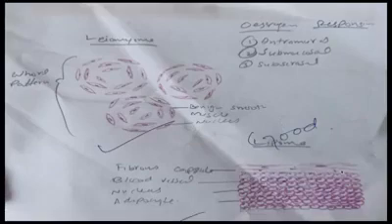Now you have to draw the diagram of leiomyoma and the lipoma. Here you see the whorled pattern appearance of leiomyoma and here you can see the adipocytes, and you have to draw this capsule as well because this will differentiate it from the liposarcoma and show the benign condition.